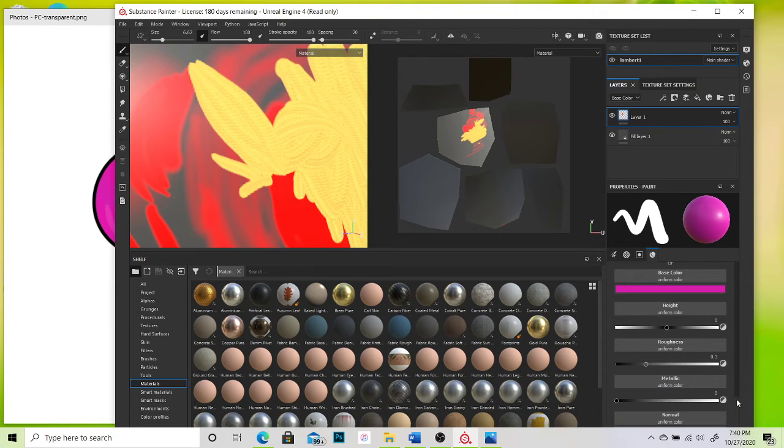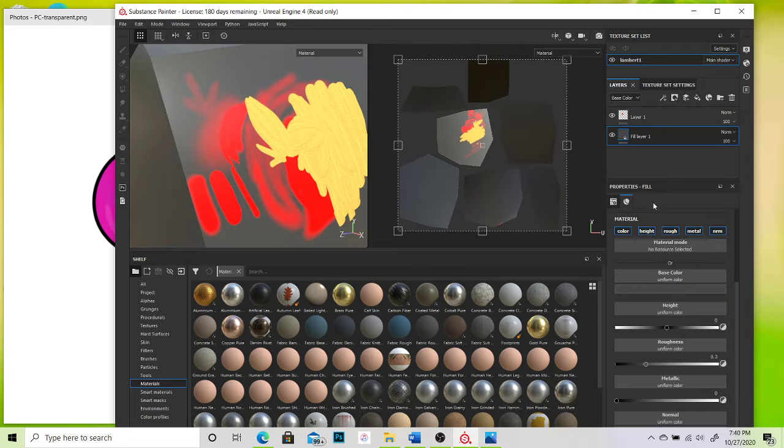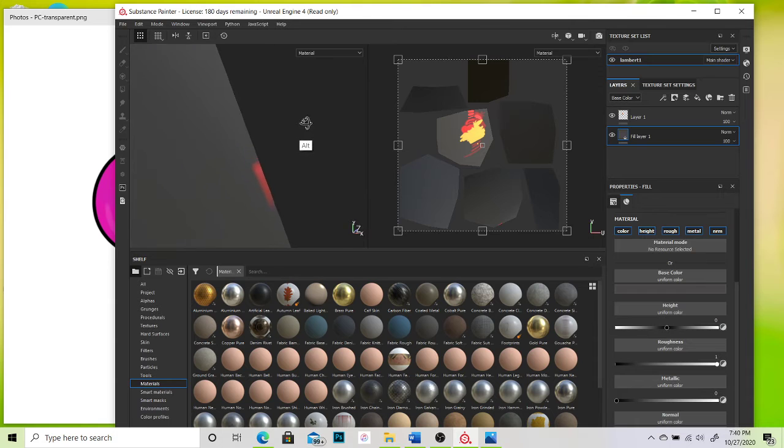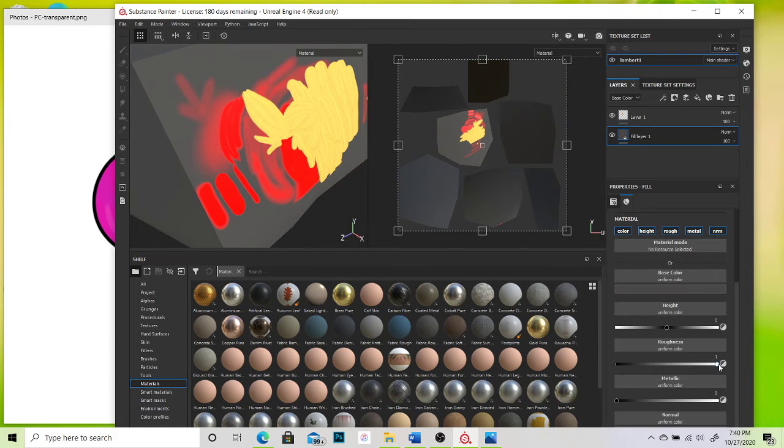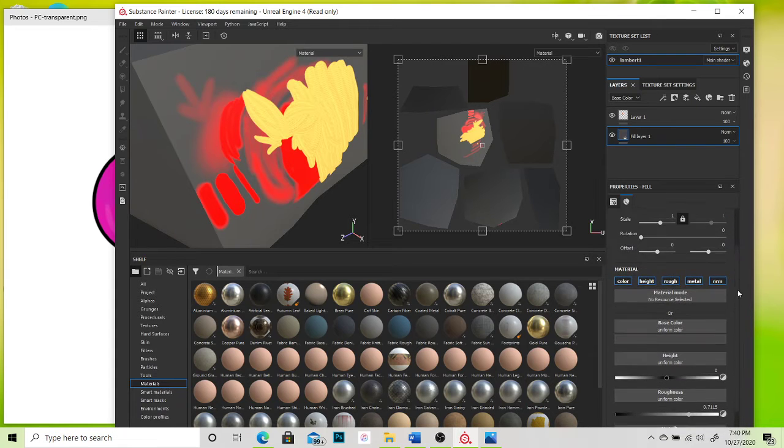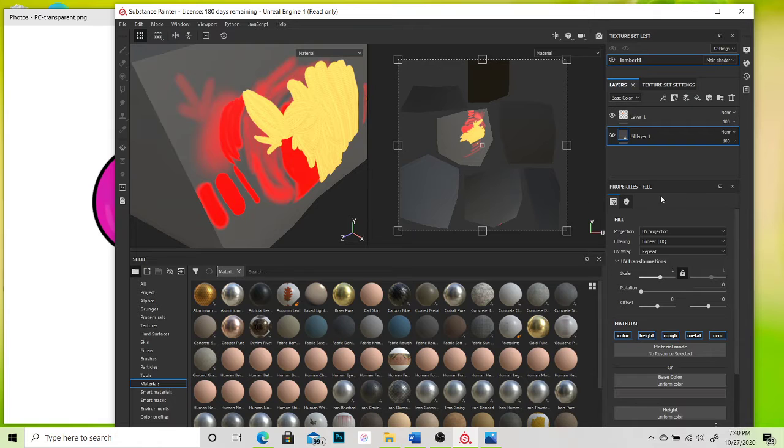Other things that we need to pay attention to is height, which is not totally important, roughness, which is actually quite important. So if you go to the fill layer, the roughness is at a pretty low level, and you can see it's pretty reflective. But if we knock that up, it takes the reflectivity down a whole lot because it's a rock. It doesn't have a whole lot of reflectivity, so we're gonna kind of zone it in exactly where we want it to be. And it's not metallic, so we can leave that alone. Normal is not important right now because we're not actually painting height onto this UV thing. So